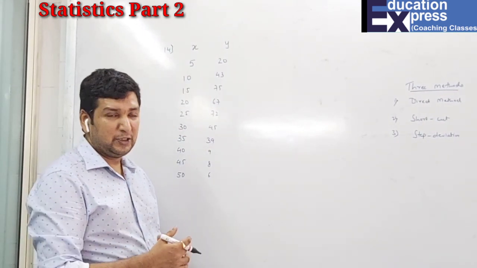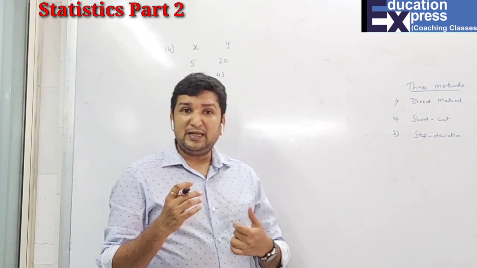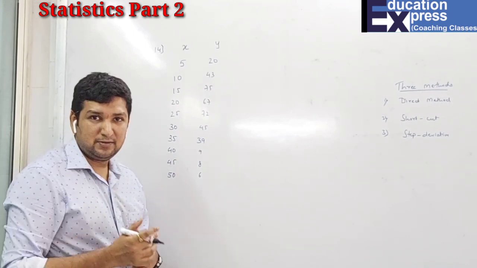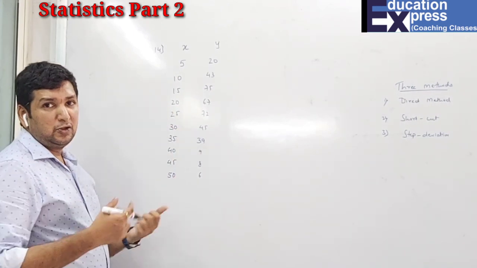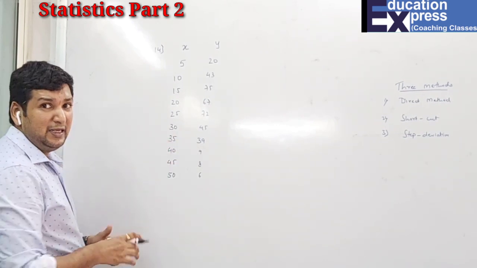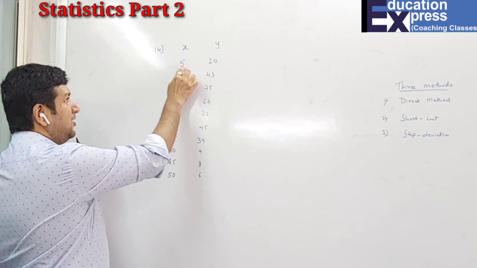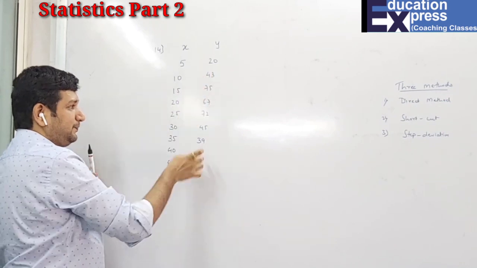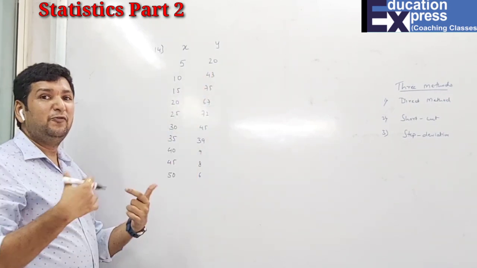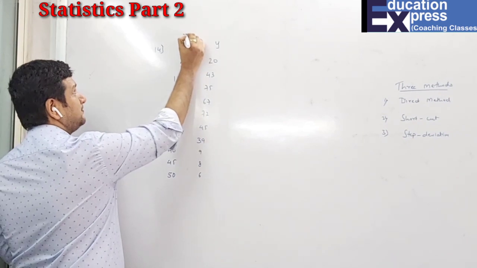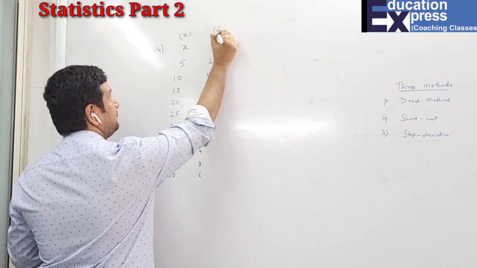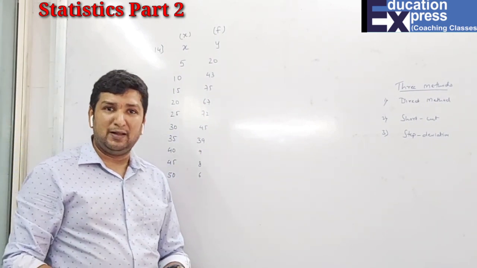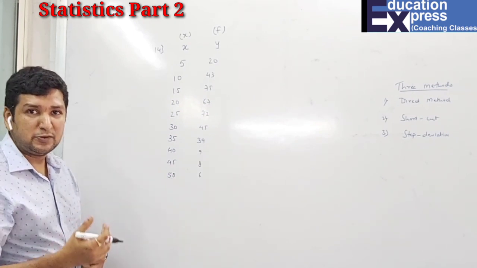What is step deviation? Till now we used to find fx. Here, students, can you see what is the f and what is the x? You can see there is a regular pattern in your x: 5, 10, 15, that means continuously there is a gap of 5. Here there is no such uniform gap. So wherever there is a uniform gap, you take that as your x and the other as your f. Till now it's a normal sum. I could solve this by the direct method also, but here they have specified the step deviation method, so I'll go for it. Now step deviation method means what?